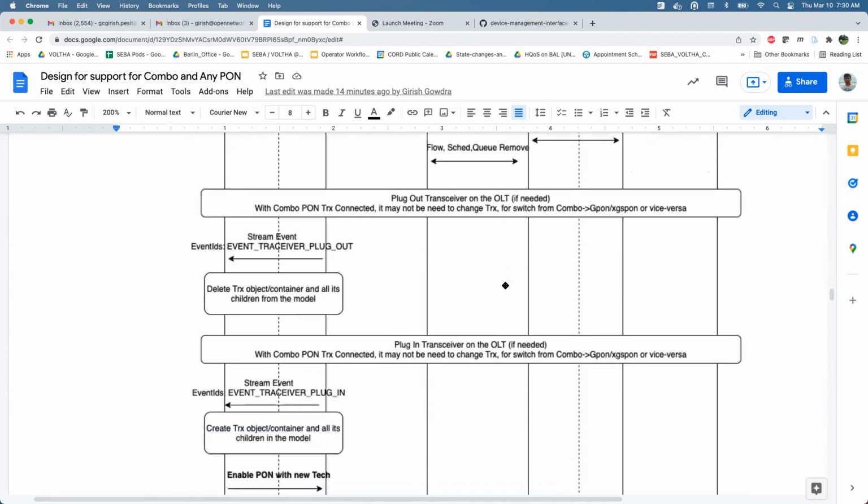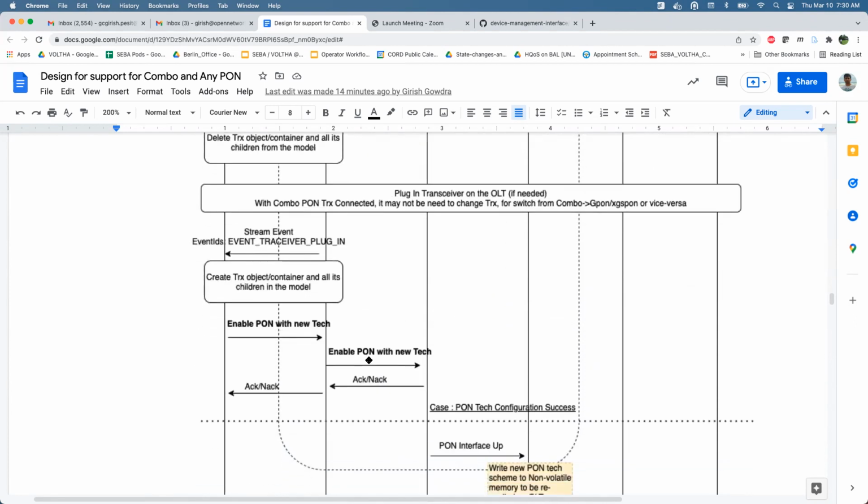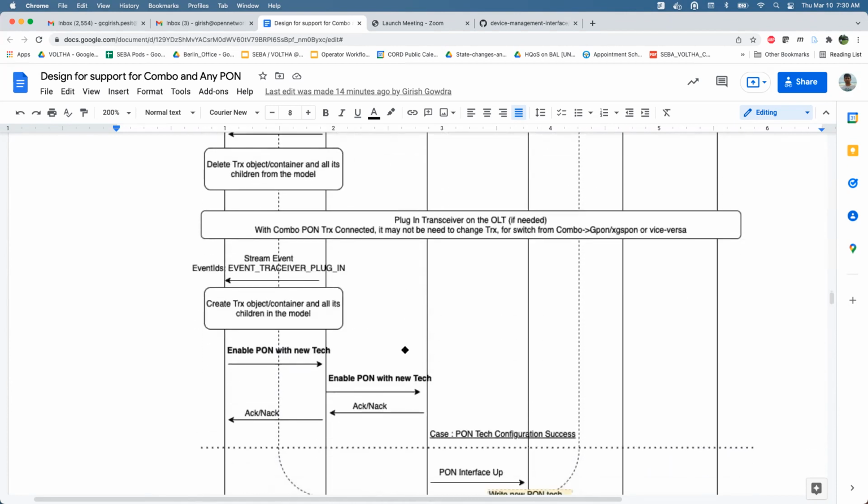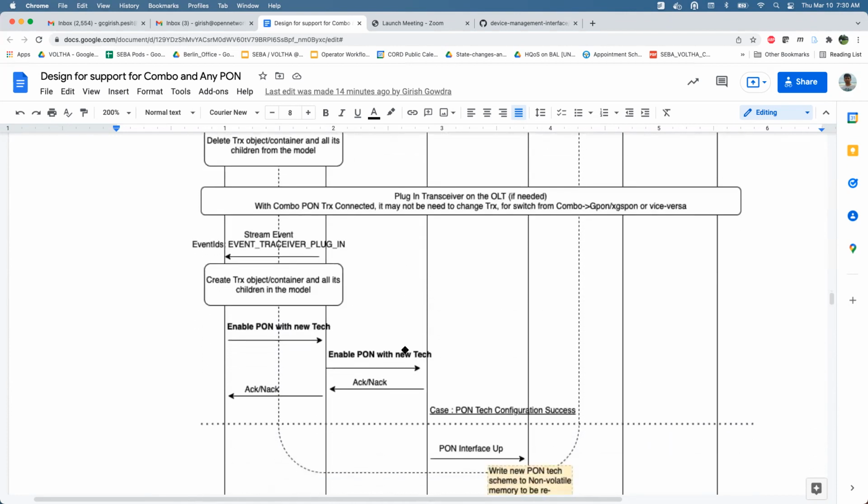Right. That should also trigger the enable PON on the OLT process. Yeah, internally it will do that, right? Yes. So whenever you move from, say, undetermined to a specific technology,